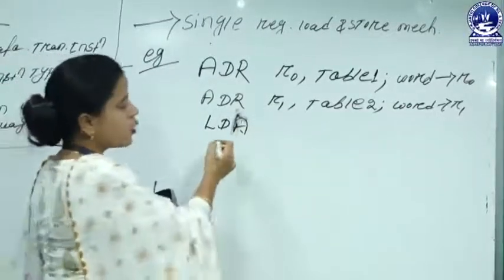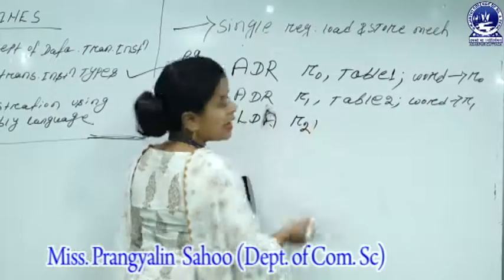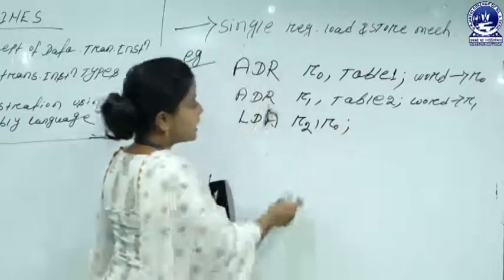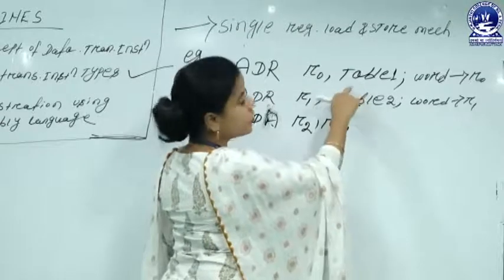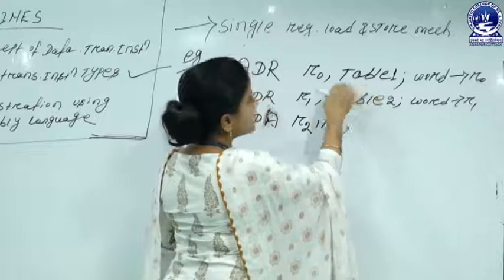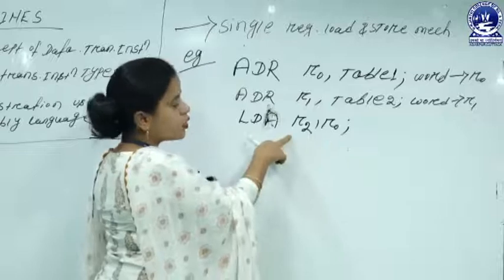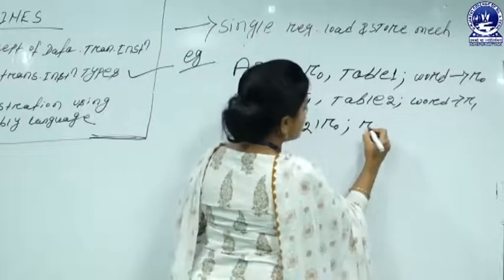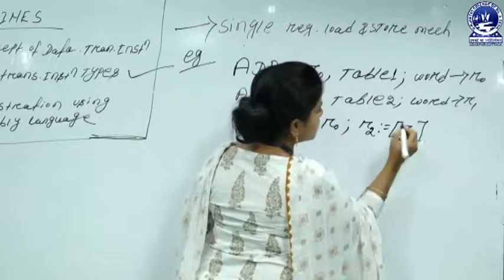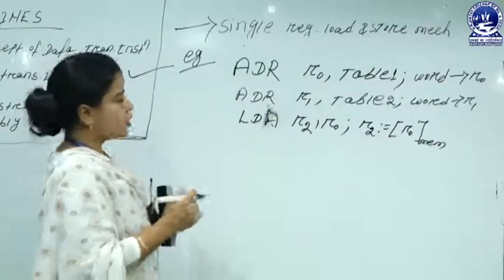Okay, so now load, then after that you write another register, that's your R2. Now R2 comma R0. That means whatever data you have addressed from table 1, whatever data is to be transmitted on the location R0, is now fetched from memory to the register R2. That means the R2 data is stored from the data elements of the register R0 locations, whatever data we retrieve from memory locations.